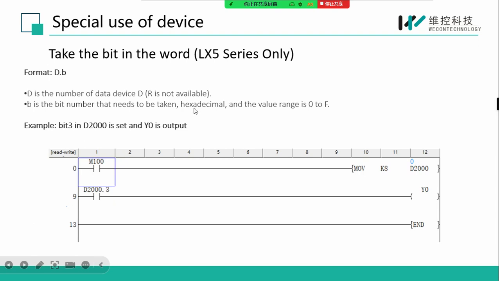The range is from 0 to F. As you can see, if I set D200 as 8, D200.3 will be on,